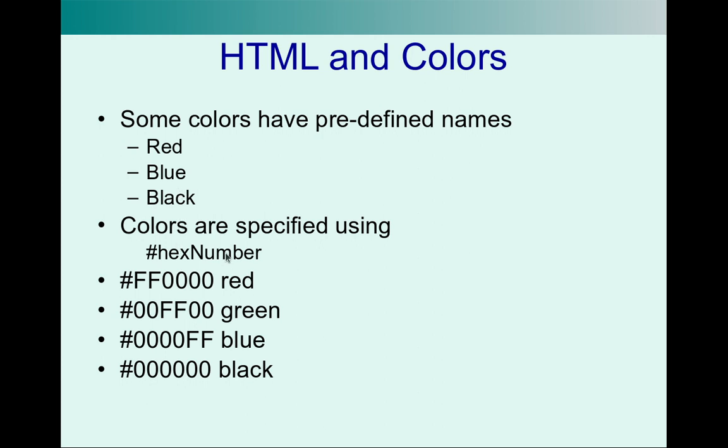So colors are basically specified using hexadecimal and decimal number notation. These are the combinations that you have seen previously: FF0000, RGB. Green and blue are 00. Only the red component is full, that is FF, that is red. Similarly for green and blue. And as we have seen previously, black is all 0.